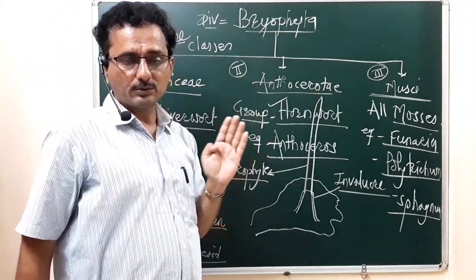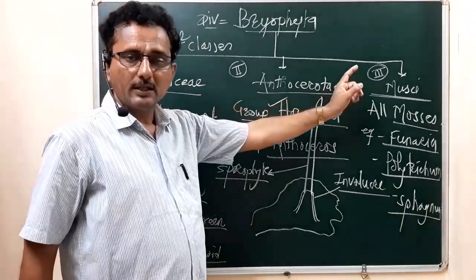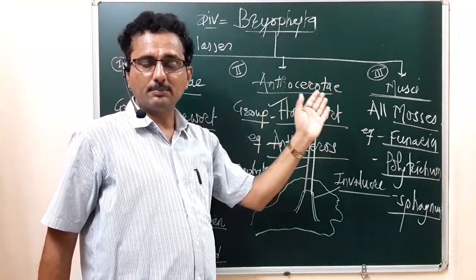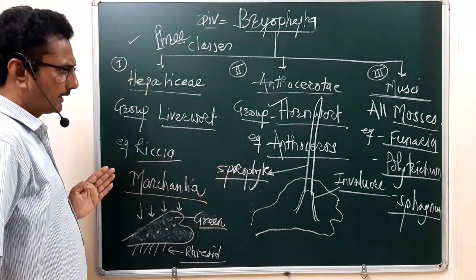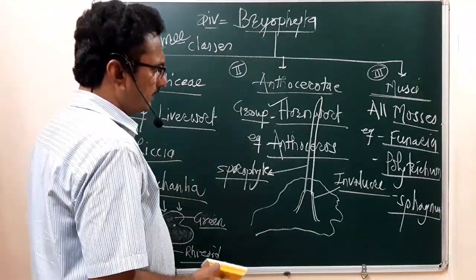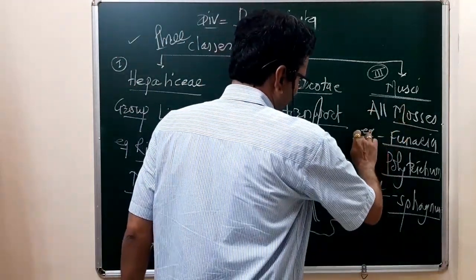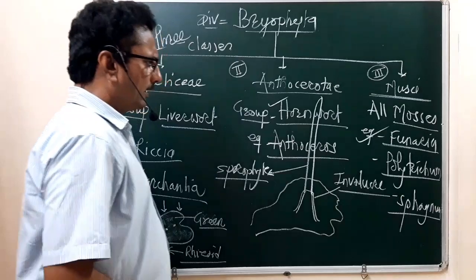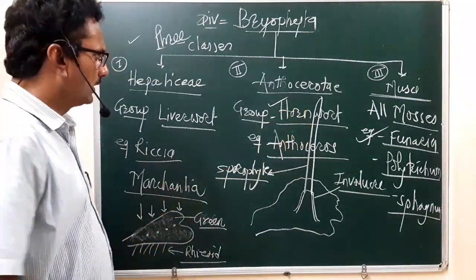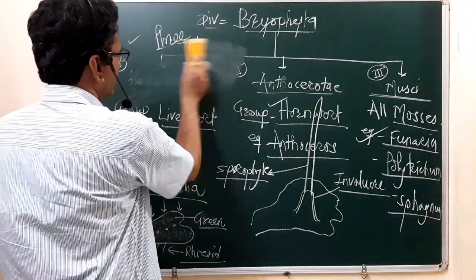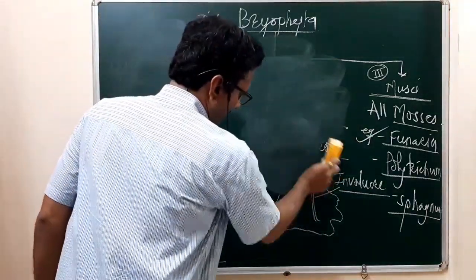Okay, so because of this, the class Musci is an evolved class among the plant group Bryophyta. You have to remember these. Let's see the characteristic features of the plant body from the class Musci, that is Funaria. I think the diagram of Funaria is given in your textbook. See what the characteristic features of the Funaria moss are.